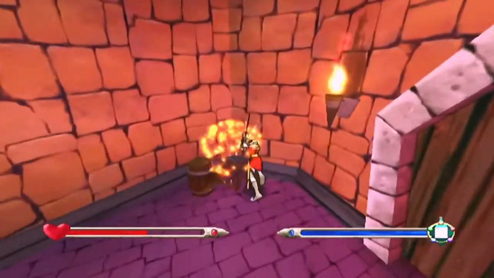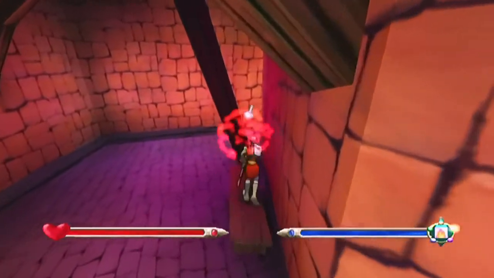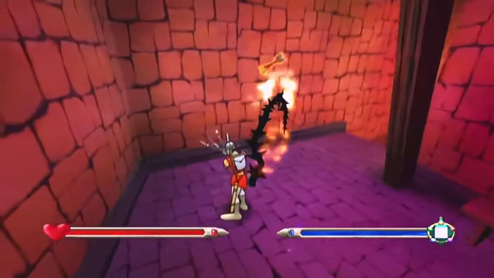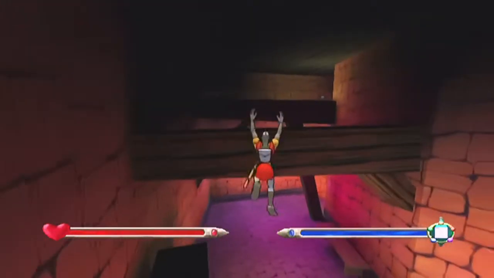Alright, welcome to Pits and Perils. We're going to grab this health potion right here. There's going to be a flame that pops up right around here. We're going to take you out straight away so that you don't cause us any trouble while we go to get the diamond. So jump up onto this bookcase, jump up onto this...